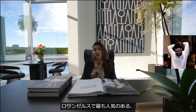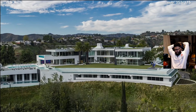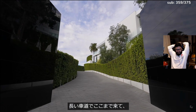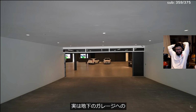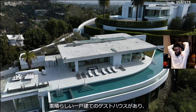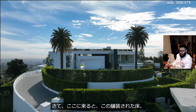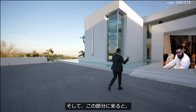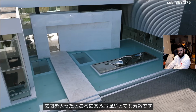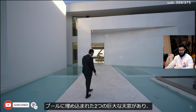of the most sought after and iconic ネタ抜きで言うとマジでえぐいな、これ。 On the motor court, long driveway brings you up here, and halfway through the driveway, you actually have an entrance point to your うわ、かっけえ。 and behind the property 地下ガレージかっけえな。まあ、ぶっちゃけこんな広い家住む人は、ハウスキーパーを何人も毎日雇うから。 Embedded into the